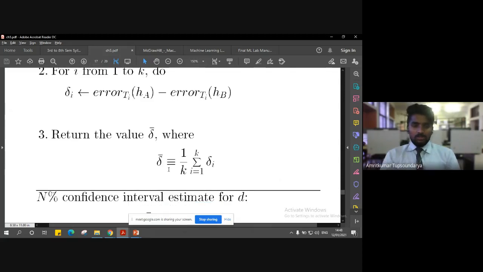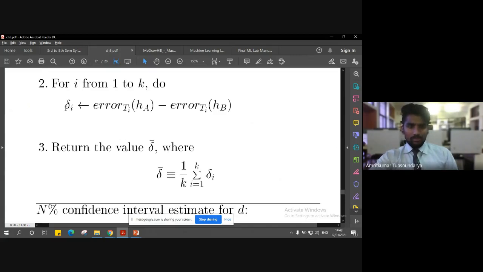So there is the delta value, which is nothing but the mean, as you can see, delta bar. Delta bar is nothing but the mean of all the iterations. So here in step 2, we computed the change or the delta value for each of the sets, as you can see, delta i. So for each of the sets, we are computing delta.